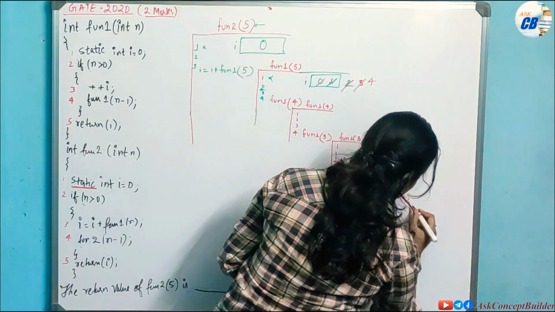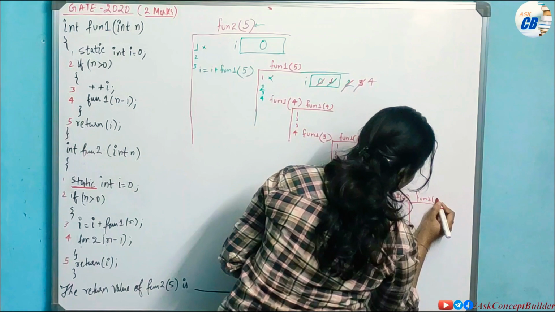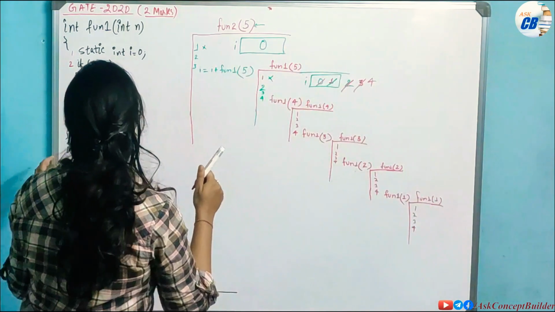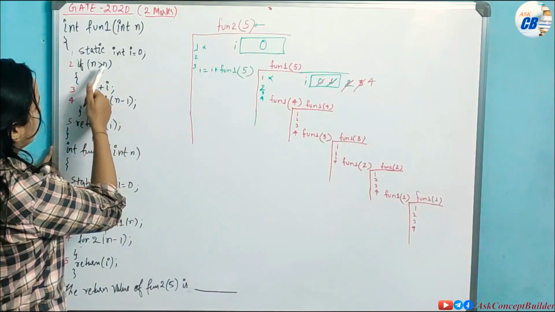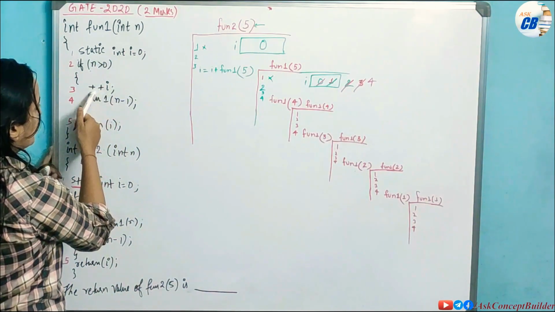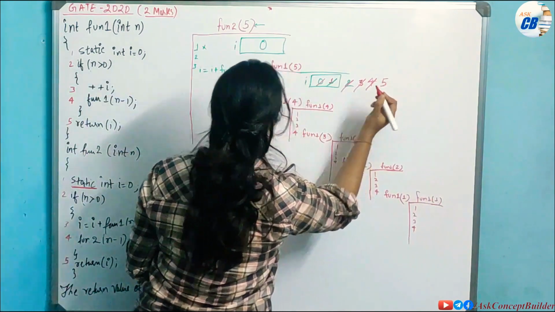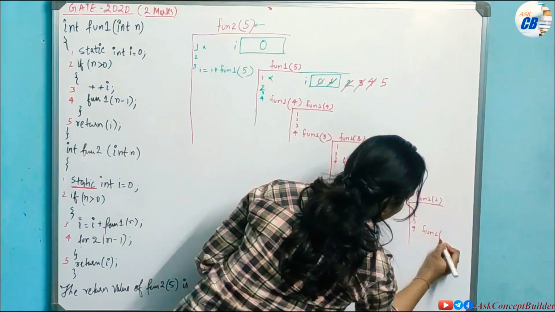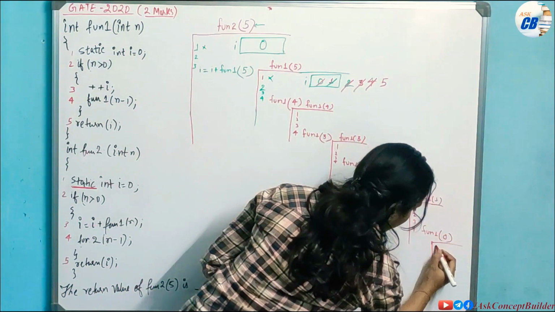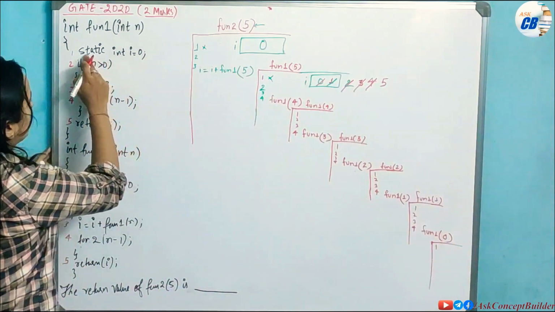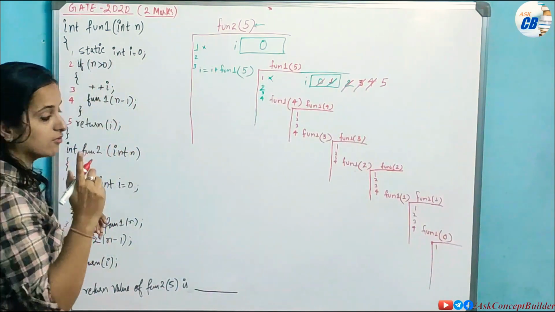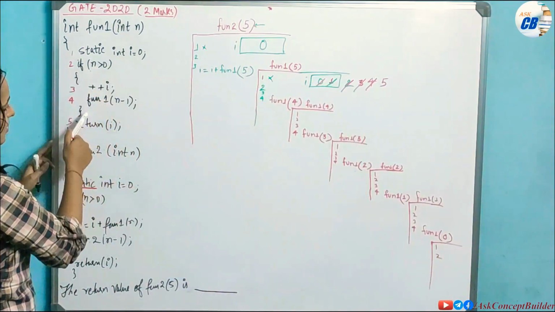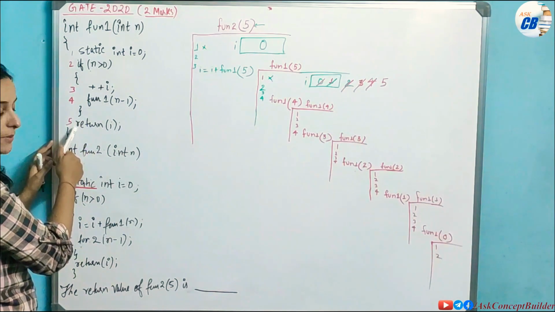So again this fun1 function will be called, and all the statements will be executed. Now see, the first will be skipped; 1 is greater than 0, so ++i will increment i by 1, and it will be 5. Now the fourth statement is fun1(n minus 1), which is fun1(0). For fun1 with n equals 0, the first statement will be skipped, and 0 is not greater than 0. The condition of the second statement has become false, so it will not go into the if statement and will directly come to the fifth statement.